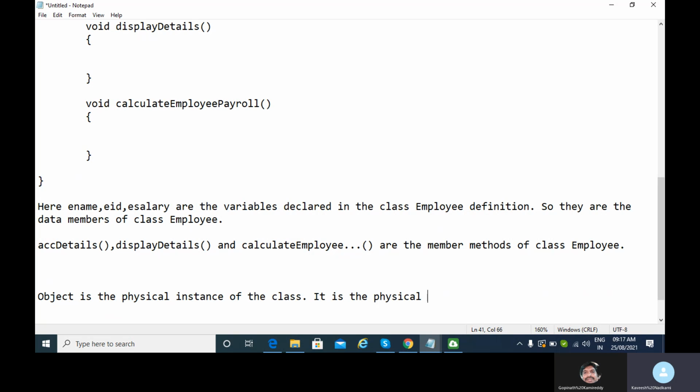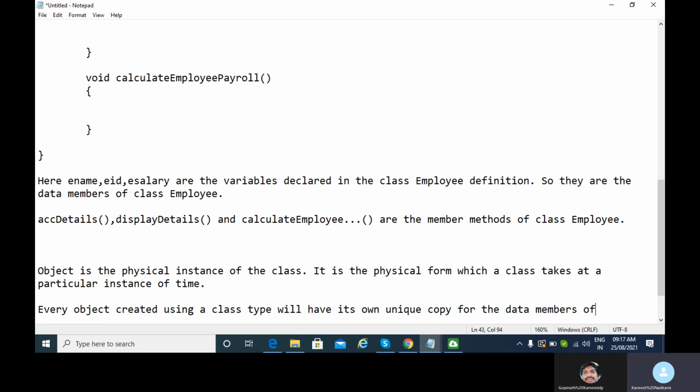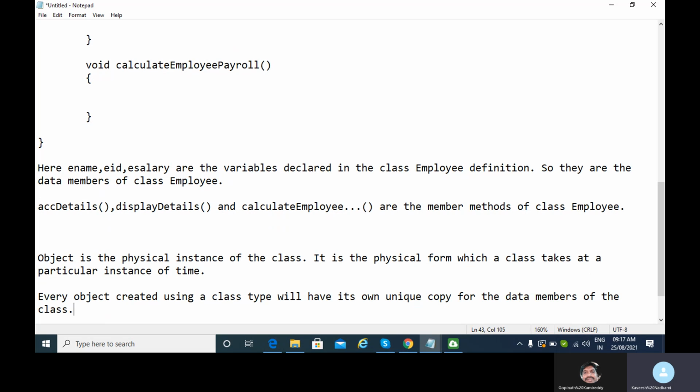It is the physical form which a class takes at a particular instance of time, and as I told you, every object which is created using the class type will have its own unique copy for the data members of the class, Gopinath.